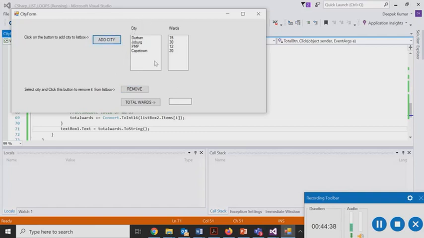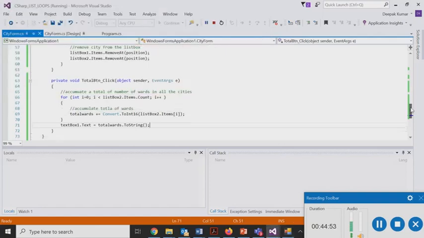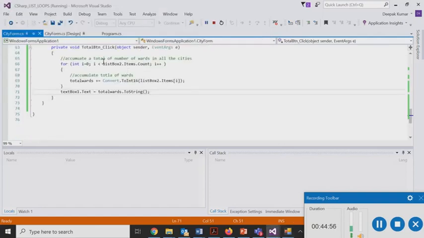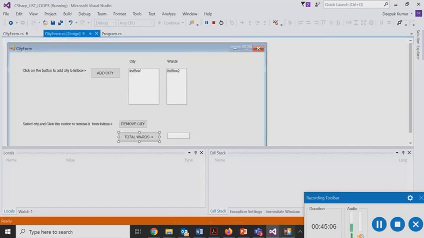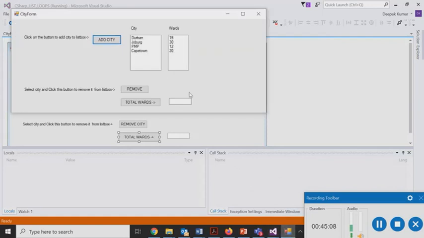So probably we don't want to run this again, otherwise we have to repeat the whole entry. We'll say total number of wards here. So as you can see, we have 4 cities because we removed 1 already, but since we added the dynamic code here, we didn't hard code the loop to only run 5 times, we will still be able to run the program. So you can see we had the listbox2.items.count. So listbox2.items.count now will give us, as you can see, 4 items. So now we'll say total number of wards, and you will see that your program still runs.